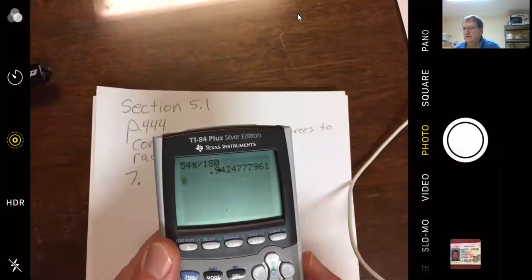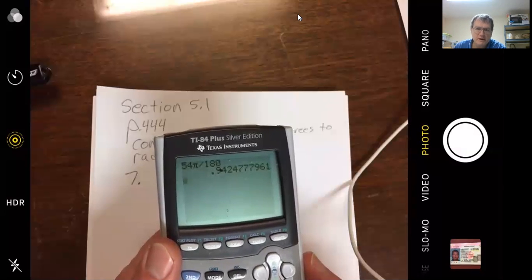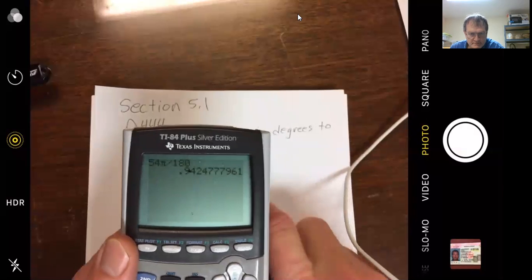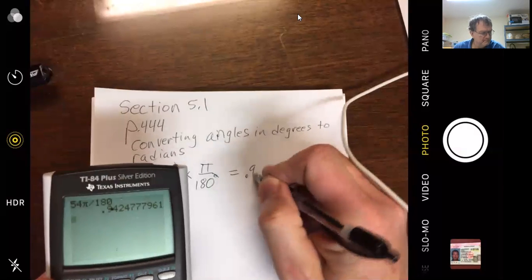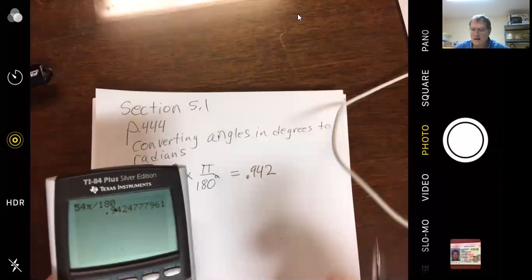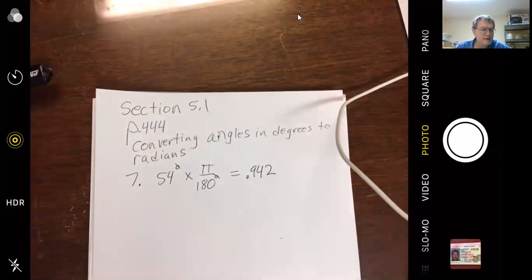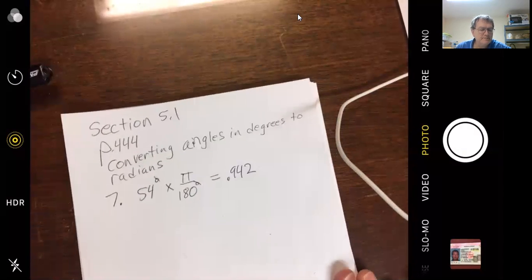Again, I don't put a degree symbol or anything, just put nothing. 3 places. Look at the 4th place, it's a 4, so we round it to 3 places. All right. So then in the next